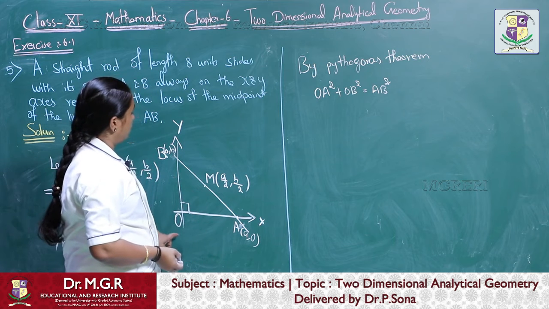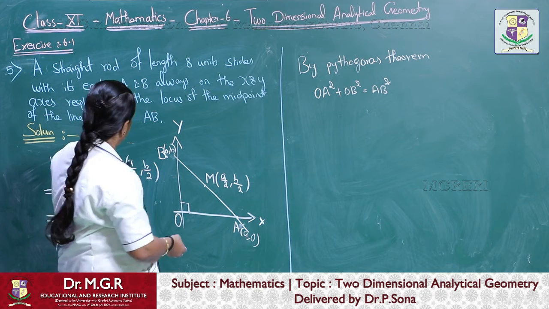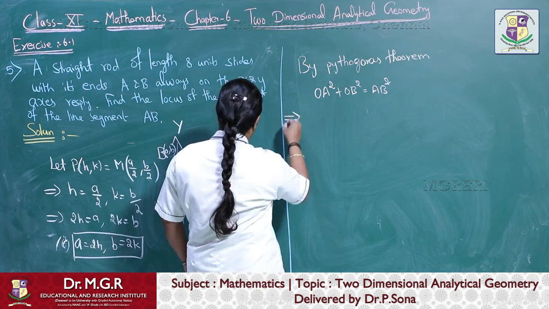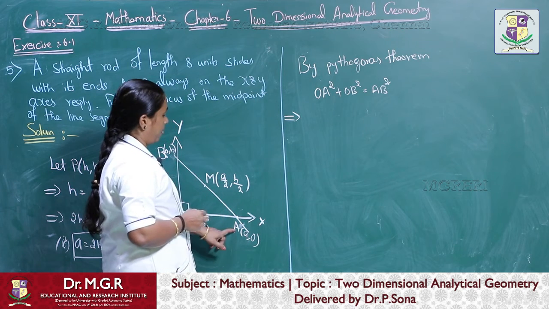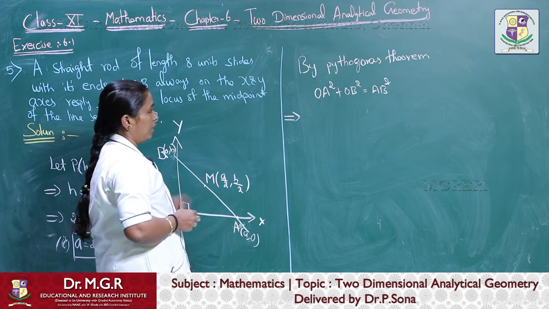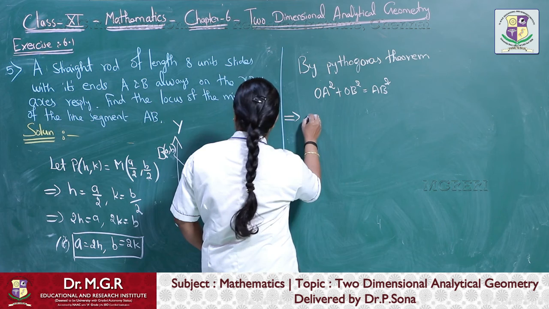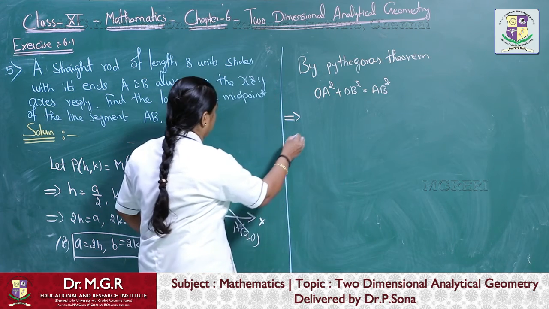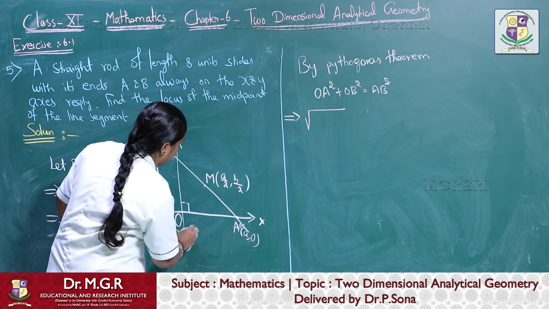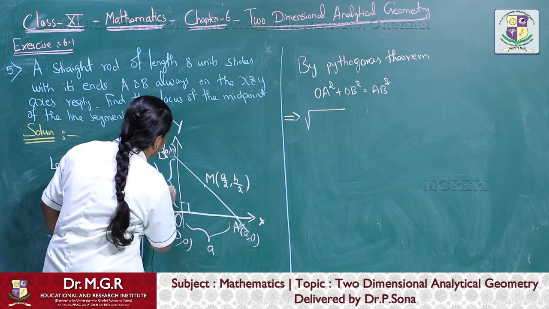So which implies, what is the value for OA? OA means we have to find the distance between the points. We have to find the distance OA and OB. So OA is equal to, because this is (0, 0), and this distance is a and this distance is b. So we know this